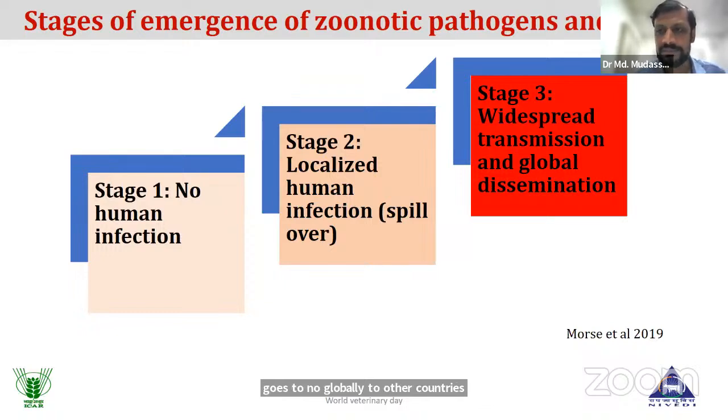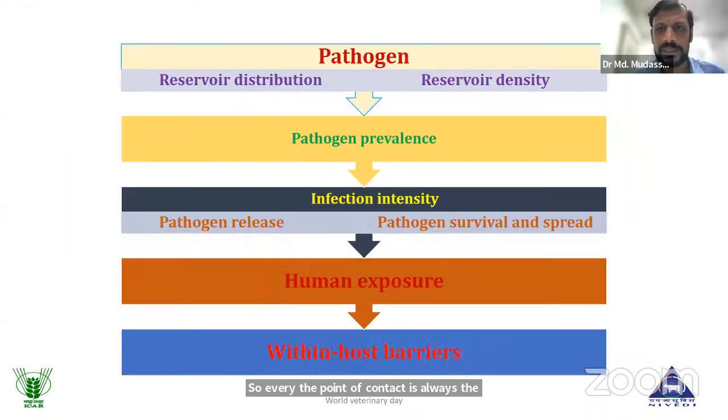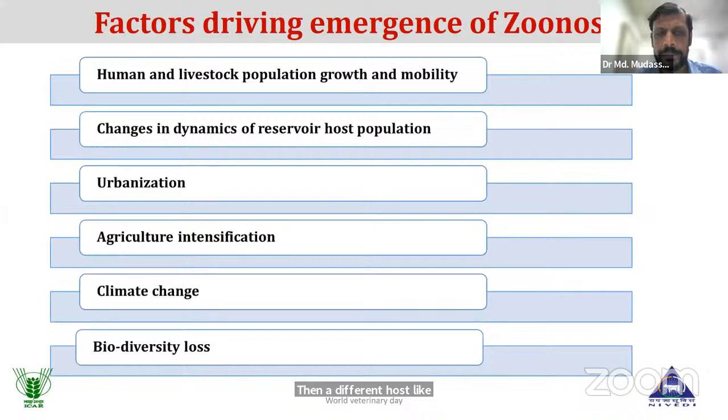So the point of contact is always the veterinarians in terms of zoonotic diseases. How it happens in a reservoir host, how the infection is maintained, how spillover happens. The detail is not required, but just to see how pathogens are maintained in the reservoir host. The reservoir host can be different, I'll explain in the next few slides. The reservoir can be a different host like rodents and other animals, or it can be a vector, or it can also be the